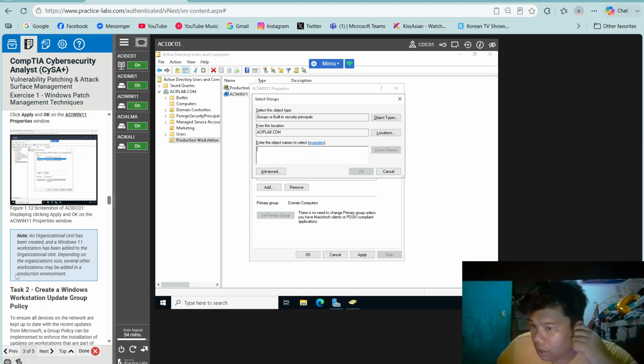Note: an organizational unit has been created and the Windows 11 workstation has been added to the organizational unit.